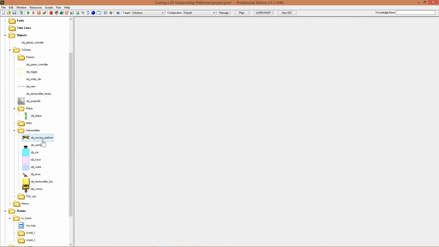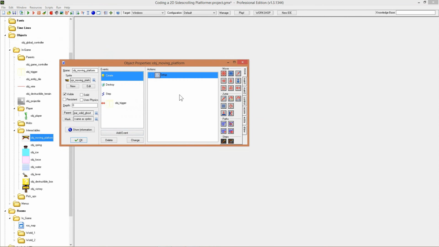So the old code and the old things worked just as well. This is just to make it easier to use. Also, the angle difference function is great, because if you want homing missiles and stuff like that, there's now an easy way to gradually turn the object. So that's cool. And the other small change we made was the object moving platform, where we have